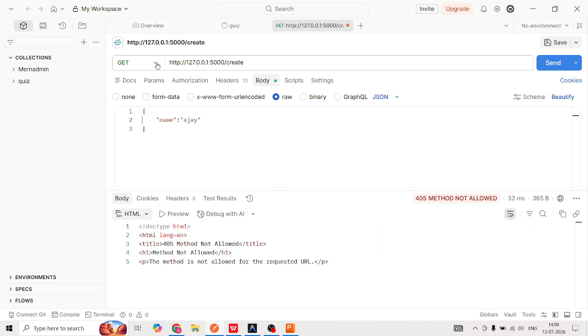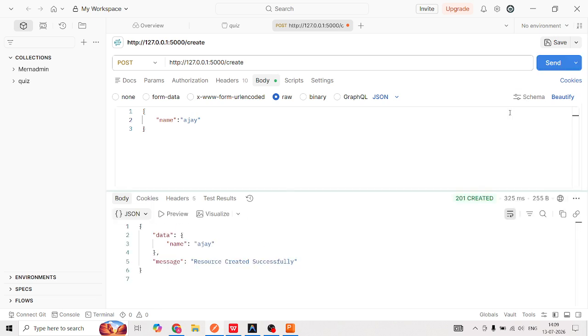Because if we are creating this, we have to add this request, so we have to change the request, we have to use PUT, meaning we have to add it. If I send this, you can see 201, which is created. What I have done is I have the key, which is name, and the value for it is Ajay. So I have added this into the server, and you can see in the response sent by the server that the data the server has added is Ajay, and the message from the server is resource created successfully. And you can see here the status code is 201, which is created,